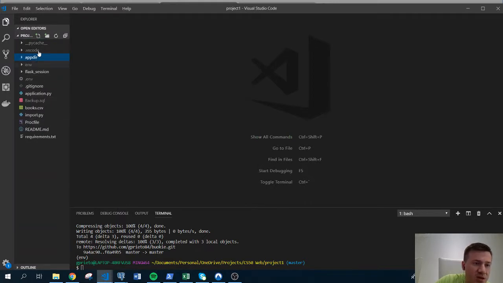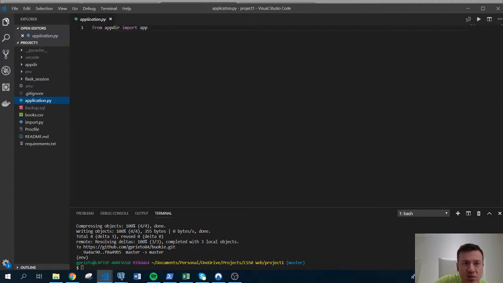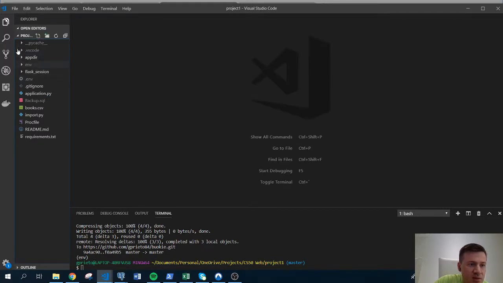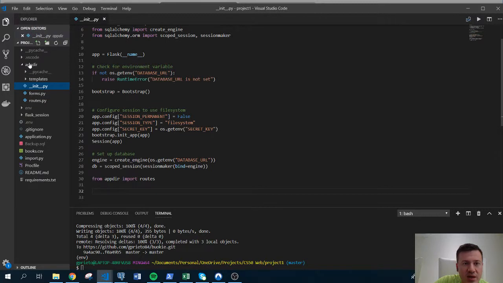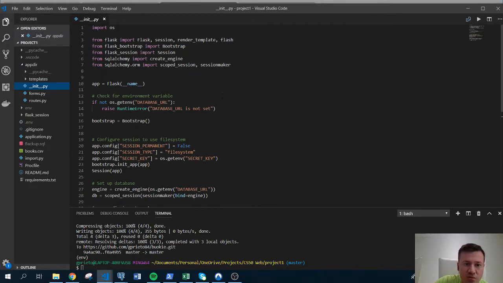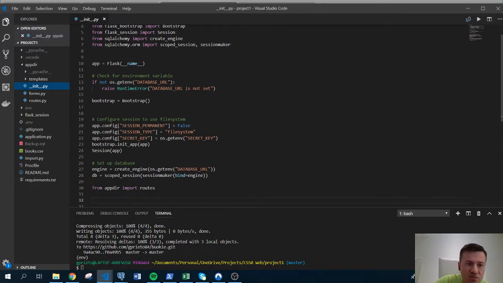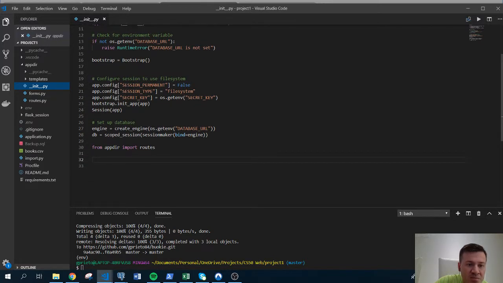I use some kind of structure based on some stuff that I reviewed on the internet. So first of all, I have the main application. I will import the app, and I also have the app here. There is all the structure. I have the templates, basically the web pages that I've got. The init is where I load all the app information, all the configuration is loaded over here,